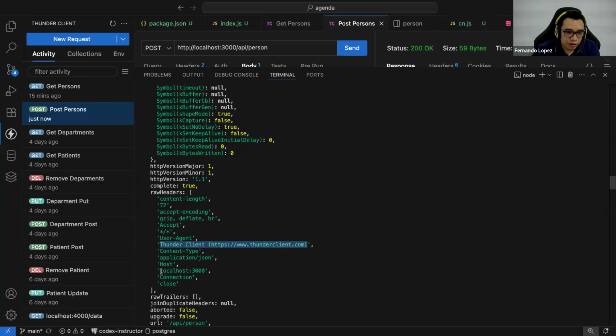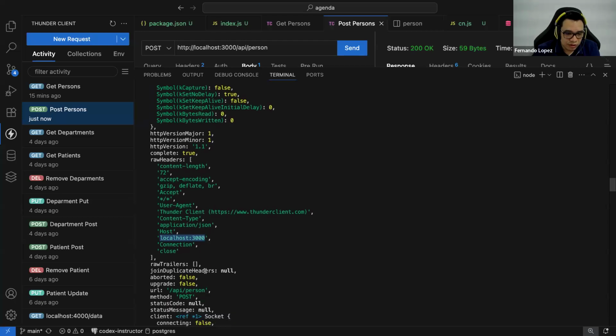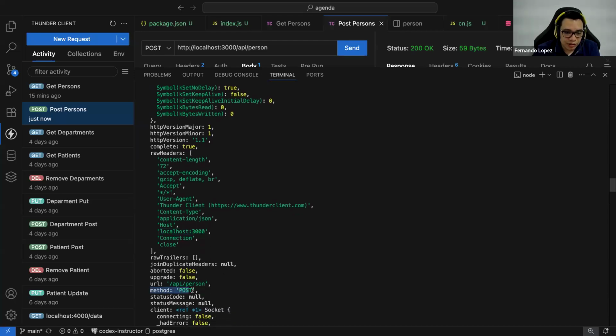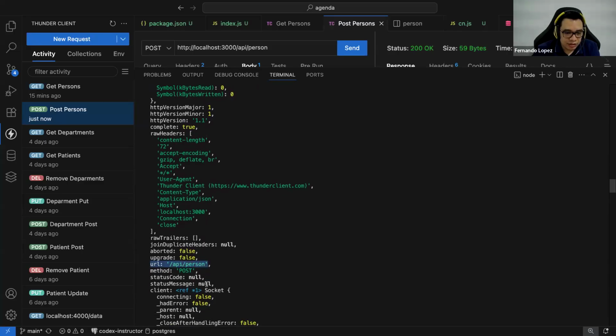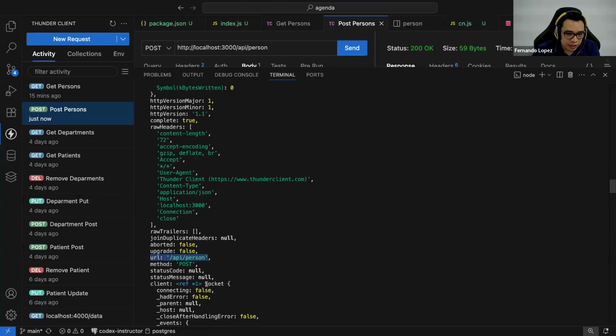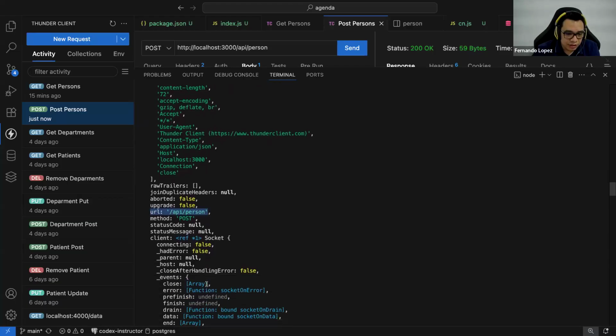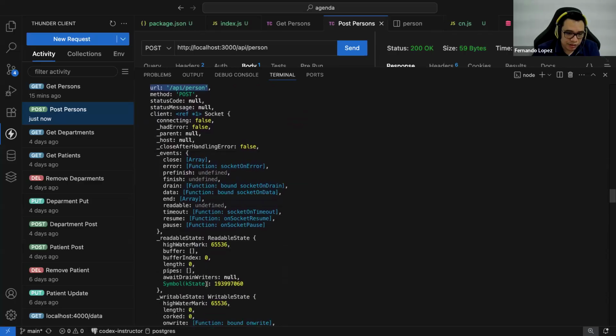The localhost, this is the IP that we are trying to hit right now. As you see, we have the method here, the POST method. The URL is API person, you see it? And there is something else we can find here: the body. The body is very important.